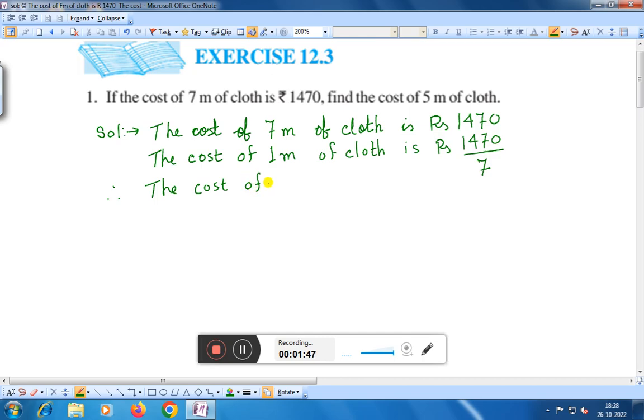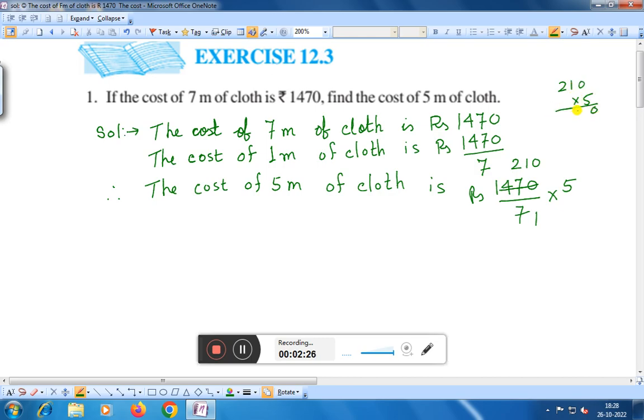Now therefore the cost of 5 meter of cloth is rupees 1470 by 7 into 5. If we cut this with 7, 7 ones are 7, 7 twos are 14, 7 ones are 7, 0, right? That is 210 into 5,